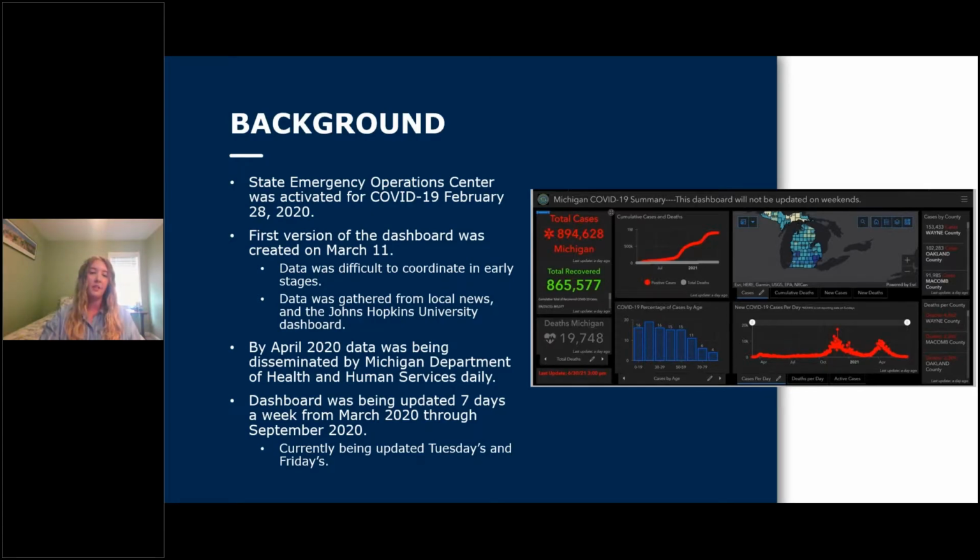But by April of last year, data was being regularly disseminated by the Michigan Department of Health and Human Services daily, and they send it daily in spreadsheet form. And up until September of 2020, the dashboard was actually being updated 7 days a week by myself and my colleague Nakia Anderson.